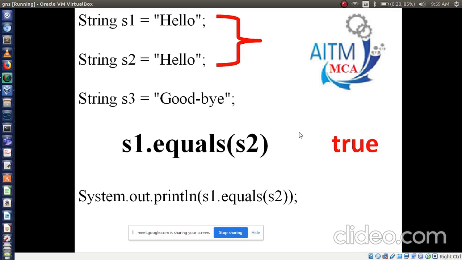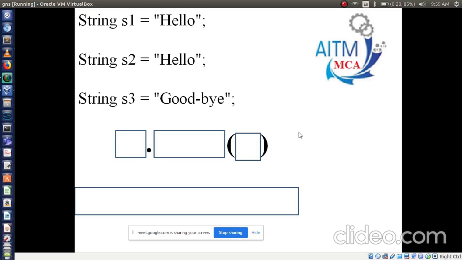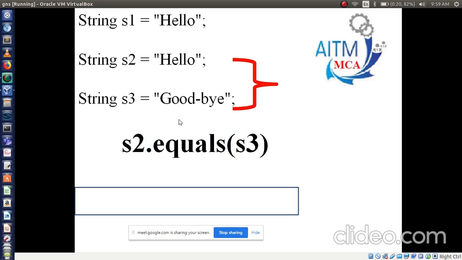Finish. So I think you have understood this concept, right? Now use another method. Now we will compare S1 and S3 object. Sorry, S2 and S3 object. So how to compare this? S2 and S3, how to write the syntax? S2 dot equals S3.